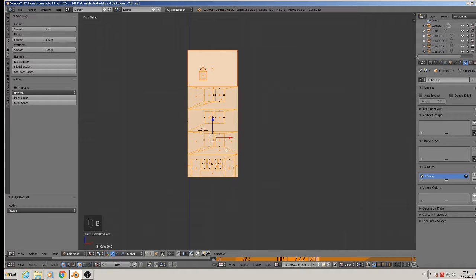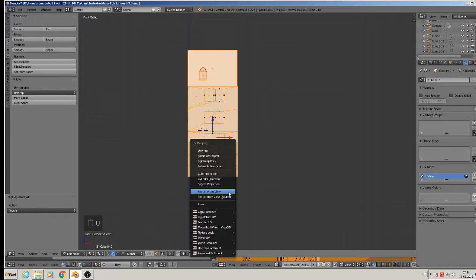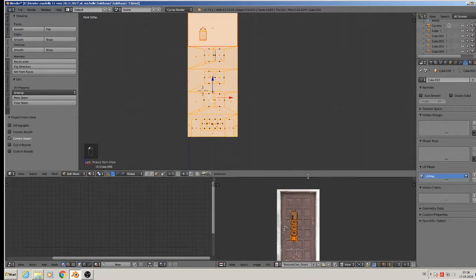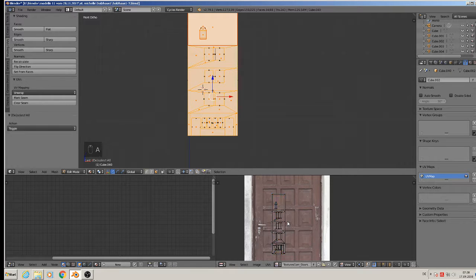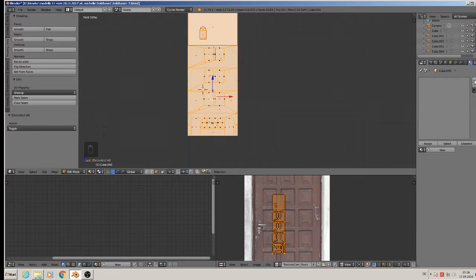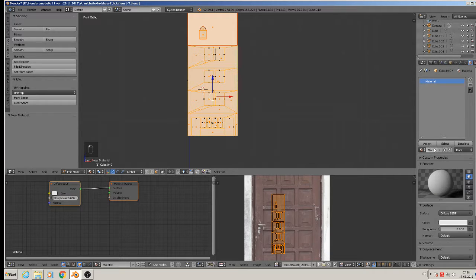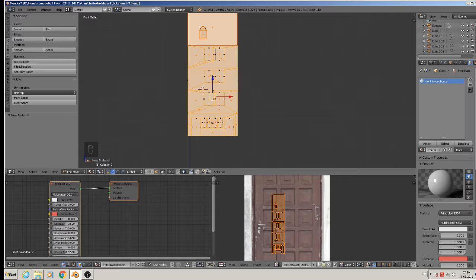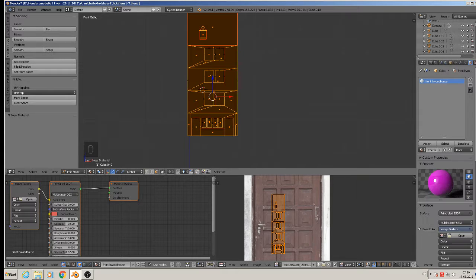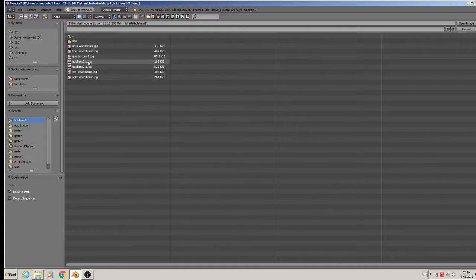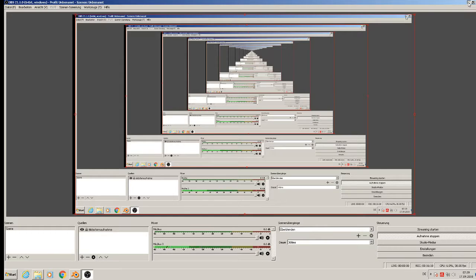So again, mark them all and you unwrap from view. You see it then here in our UV image editor. That is it. But we need there for sure yet the front material. So plus new, and we call it front wood house. We take here a principal shader, we take here an image, we open up that, it should be that front house, but before we go there